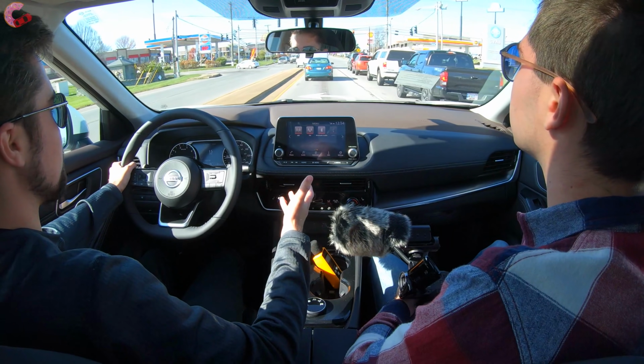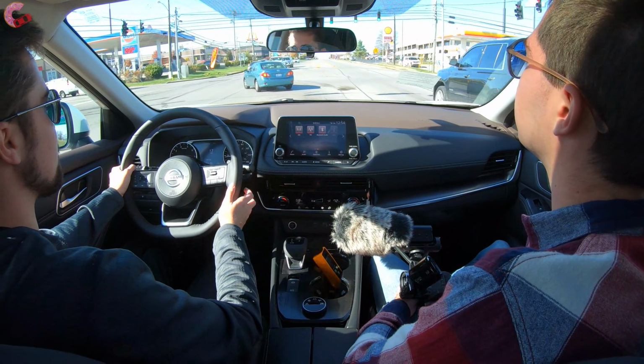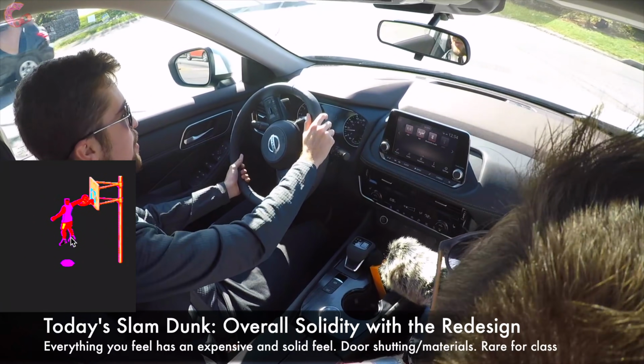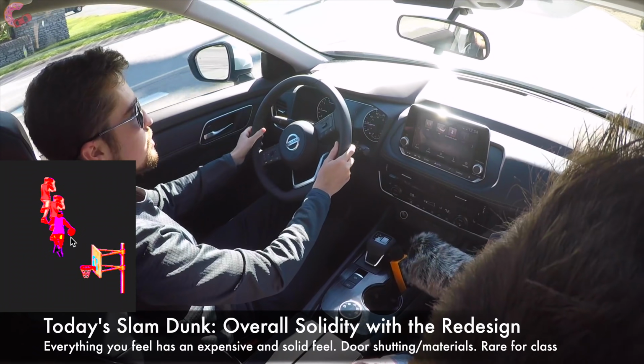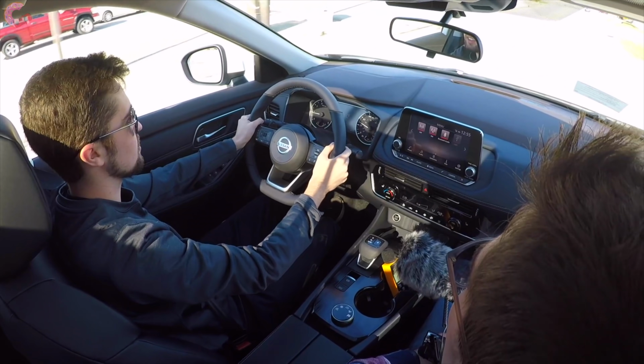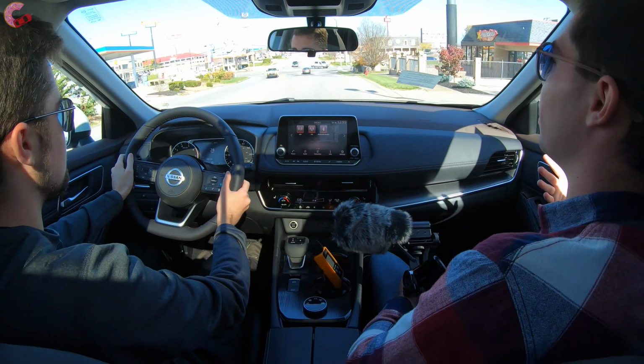And then we were thinking we actually would make this a slam dunk. Just how solid everything feels when you open the door, when you shut the door, when you touch things inside of the cabin. Everything has this really solid and high quality feel. And going along with that, we were very impressed by that,